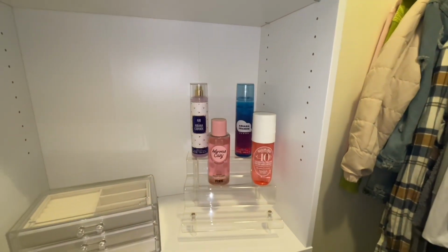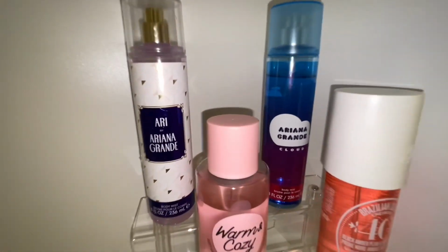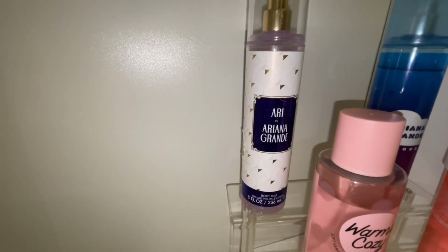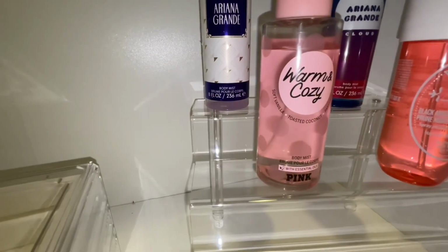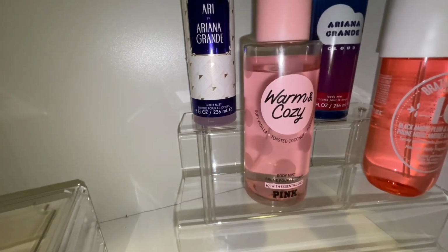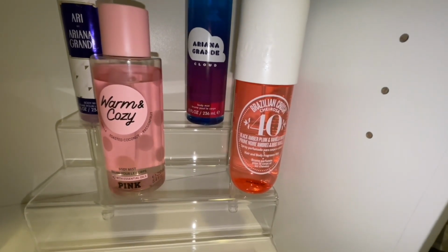That's how I organized it so they can be shown. This is the Ariana Grande Cloud Mist. This is the Ari by Ariana Grande. This is from Victoria's Secret. It's the warm and cozy soft vanilla toasted coconut. This one's from Sol de Janeiro, and it's the Brazilian Crush